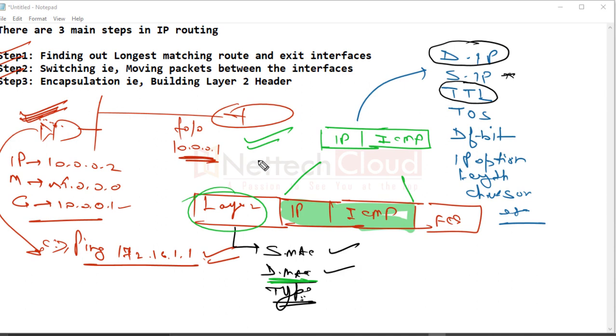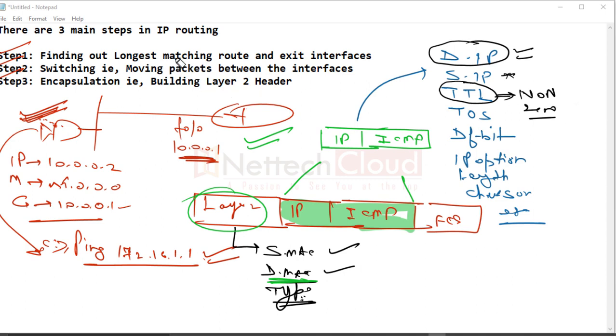So the router will of course see whether the TTL value is a non-zero value, and then check the destination IP address. Then the router will check the routing table: do I have a route for the destination IP?